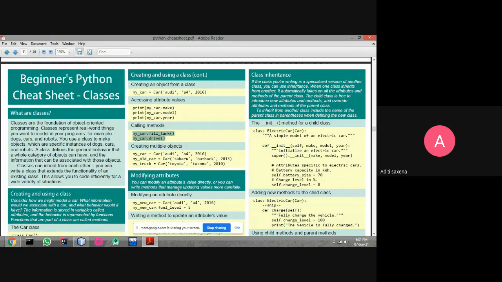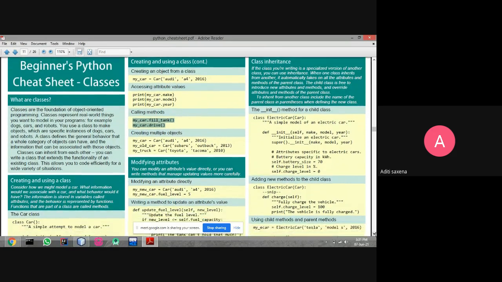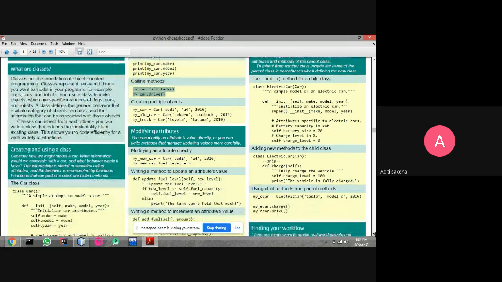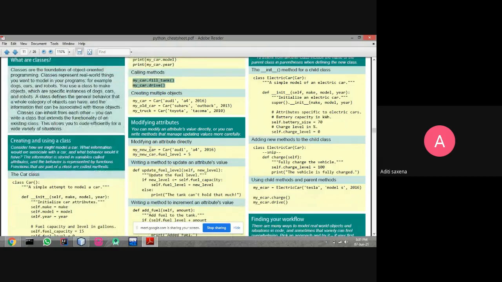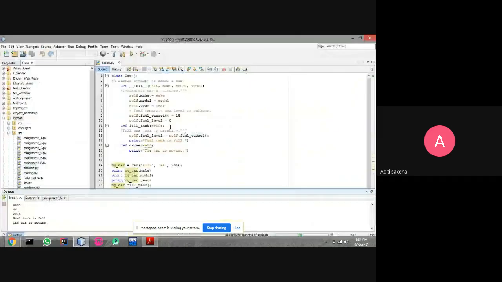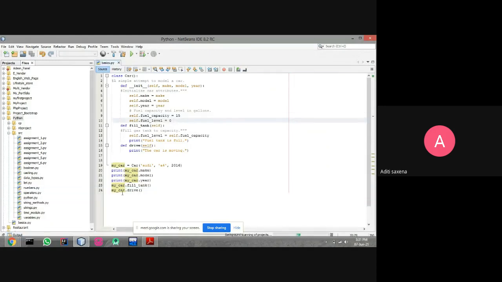Now we can also modify attributes of the class. I have created this object, my new car, and given it the value Audi A4 2016. The predefined value for fuel level is 0. Now I am changing its value to 5.